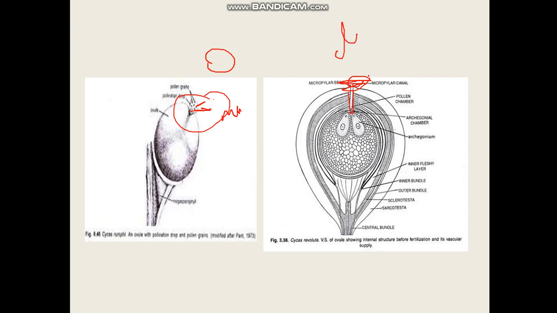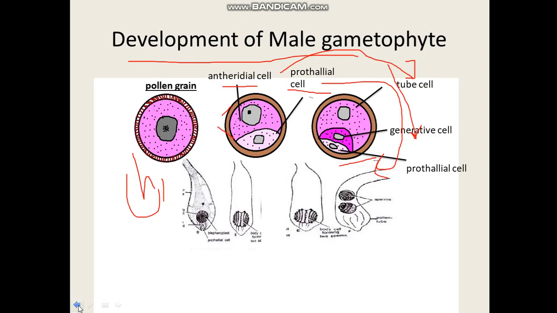This thus completes the process of pollination here, and pollination in gymnosperms takes place by wind, that is, anemophilous type of pollination can be seen in the gymnosperms. And now the development of the male gametophyte takes place in this pollen chamber. Now you can understand from this diagram that when this pollen goes into the pollen chamber, the two-cell structure you can see.